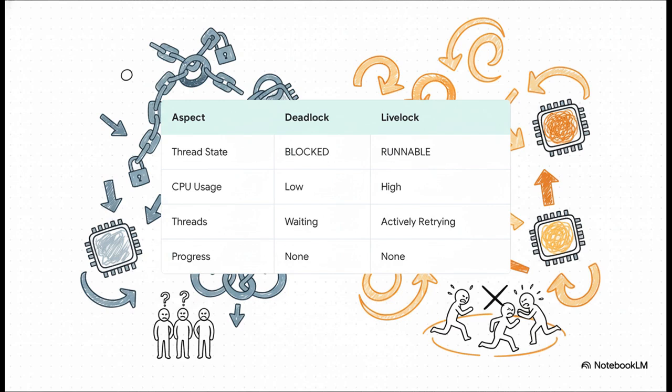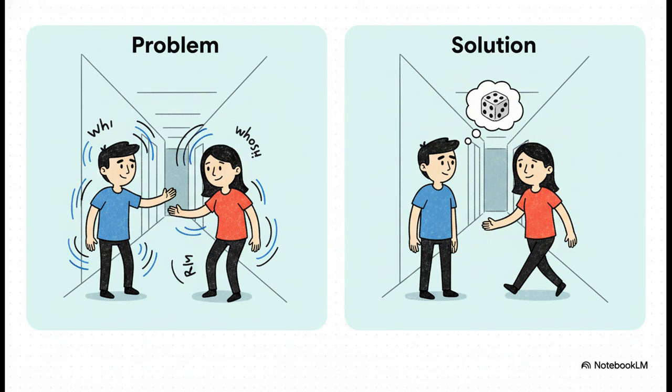But if the app is unresponsive and your CPU fan is screaming at 100%, you've probably got a Livelock, with threads stuck in a runnable state, just burning up cycles for nothing. So how do you break out of this frantic dance? Well, you have to introduce a little bit of chaos, a little randomness. So instead of having your threads immediately retry an action, you make them wait for a small, random amount of time. That little bit of unpredictability is usually enough to break the symmetry, so one thread can finally get through